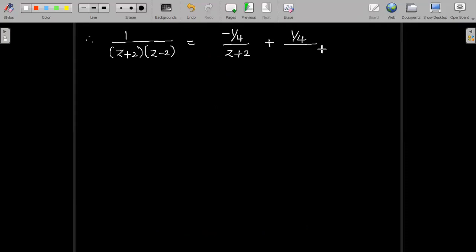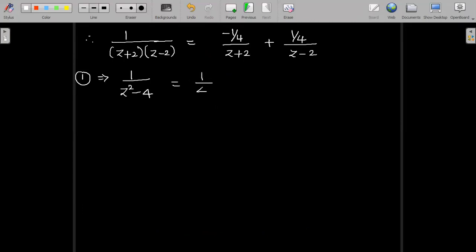So therefore, first we will substitute into the step where we resolve into partial fractions. So 1 divided by z plus 2 into z minus 2 will be now equal to, this was a divided by z plus 2, so a is minus 1 by 4 divided by z plus 2 plus b is 1 by 4 divided by z minus 2. So we can now take 1 by 4 common and write the positive term first, then the negative term, and this left hand side from equation 1 is nothing but 1 divided by z square minus 4.